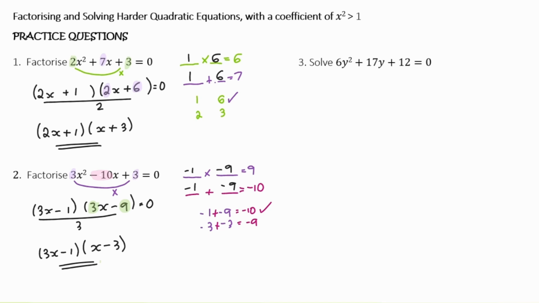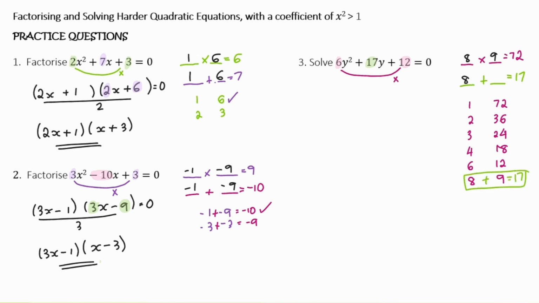For number 3, we have to solve 6y squared plus 17y plus 12 is equal to 0. So we are first going to multiply 6 and 12, which gives us 72, which means we are looking for two numbers that multiply to give us 72, and those same two numbers should add to give us 17. So looking at the factors of 72, we've got 1 and 72, 2 and 36, 3 and 24, 4 and 18, 6 and 12, and 8 and 9. And if we look at which one adds to give us 17, it is 8 and 9. So we are going to use 8 and 9 as our two